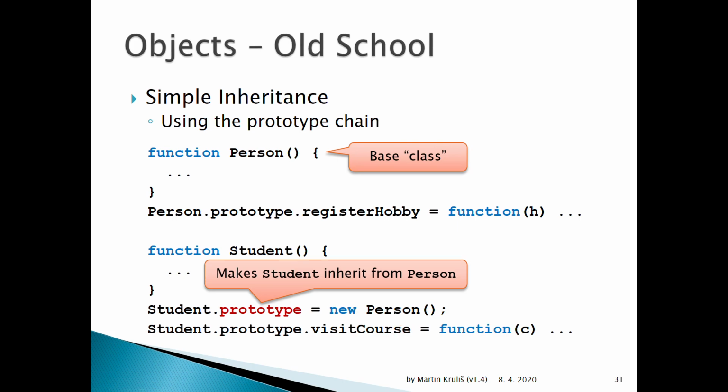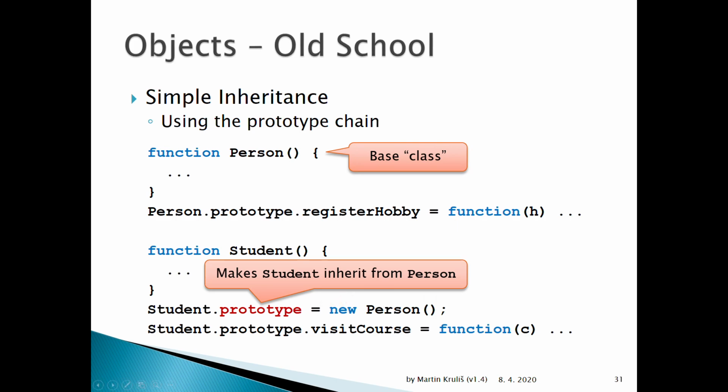The slightly awkward thing here is that this is both a regular object of a regular person, and it also acts as a prototype for a student constructor, or student constructed object. So it has a somewhat dual role, and sometimes this approach can be ambiguous. It can give you an awkward time because, for instance, person may have a